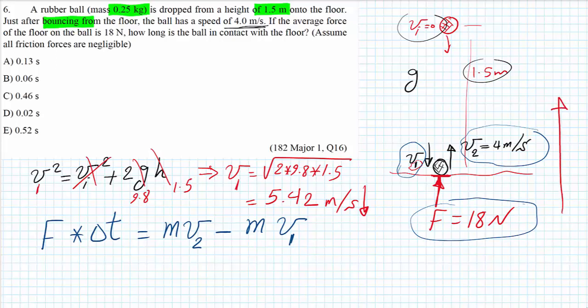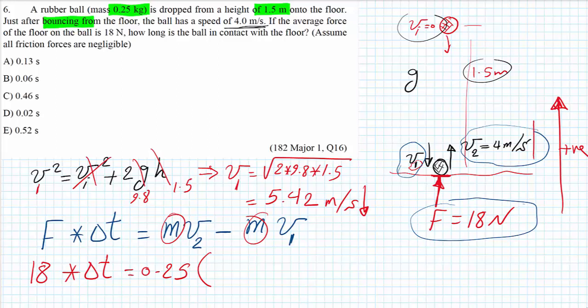Let's take the upward to be our positive direction for this equation. So the force will be positive 18. The time is delta t. The mass of the object, he gives us 0.25 kilogram. We can take it common factor. Times v2 is positive because it rebounds back upward. So it's 4 minus. v1 is negative. So minus minus will be positive. So it's plus